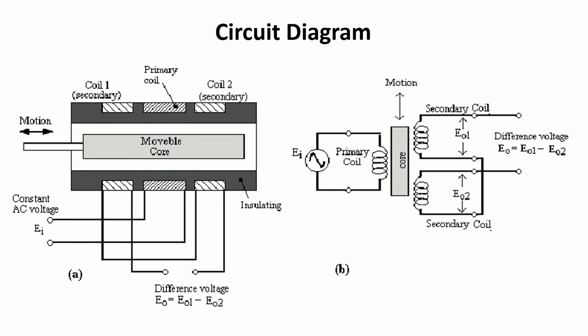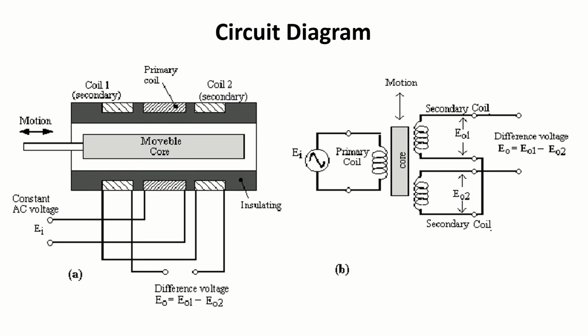The primary coil is given an AC supply, E1, and it is wound over the hollow cylinder exactly at the center of the cylinder. Then there is a magnetic movable core which is allowed to move across the hollow cylinder, and this movable core is displaced in order to